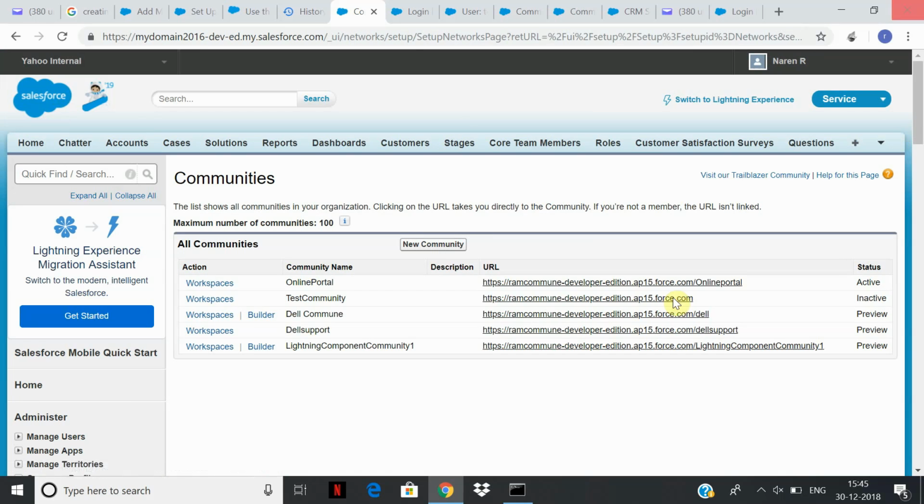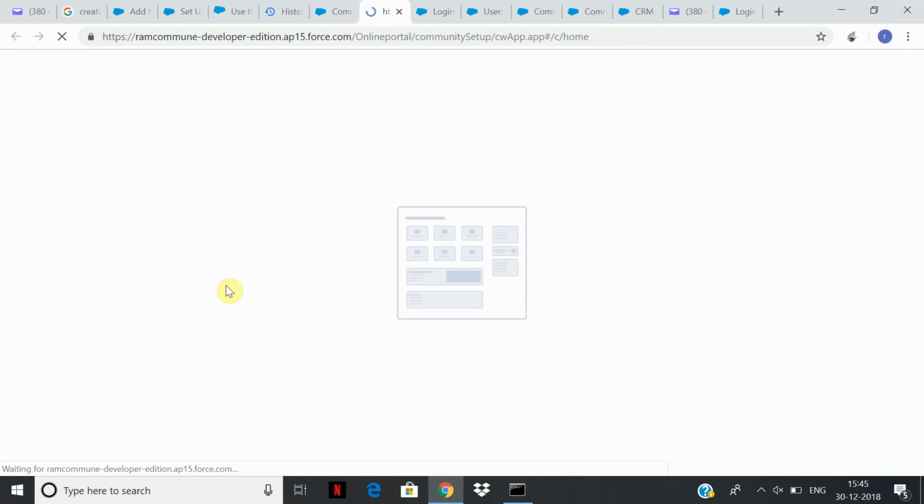So basically, communities allow you to expose it to the partner user. If that customer login user could be a partner user who would like to see their cases, this will be shared only with him. Okay. So now, if you go to the workspaces of online portal,